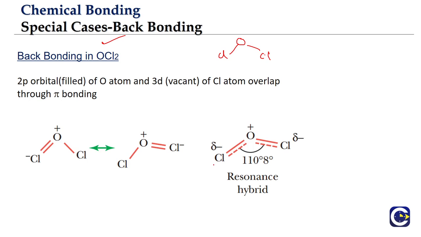So how will we explain it? Again through the back bonding. So oxygen, it will have the electrons. After forming the bond, it will be having what? Electrons in the 2p filled orbitals. Oxygen will be having electrons in the 2p filled orbitals. So these electrons from the 2p filled orbitals of the oxygen